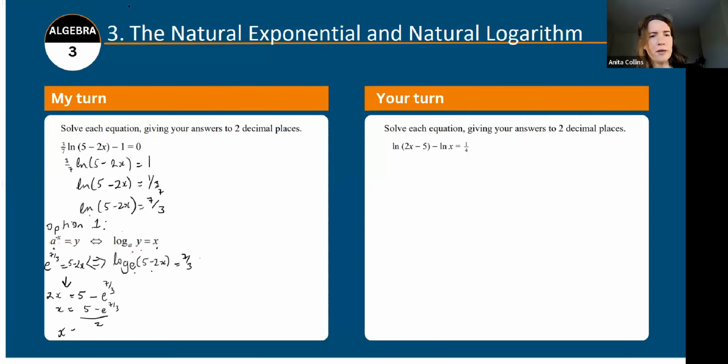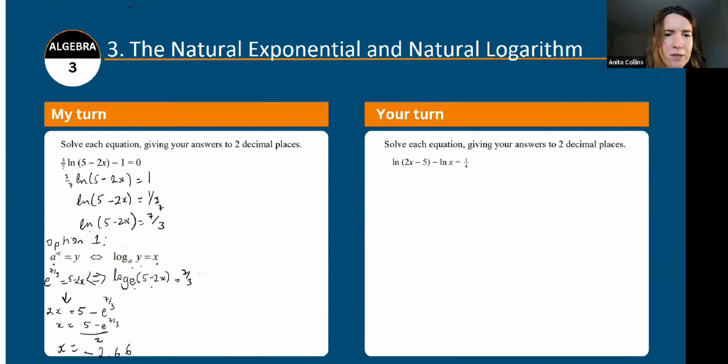So now we just grab our calculator and use the fraction key, 5 minus. Now, e is above ln on my calculator. So if I press Shift ln, I'll find it. I think it's possibly the same in most of the calculators. So that's e to the power of, the little box opens up for the power. I'm going to do 7 fraction 3 to type in that fraction, and then go down to the bottom of the fraction and over 2. And that gives me minus